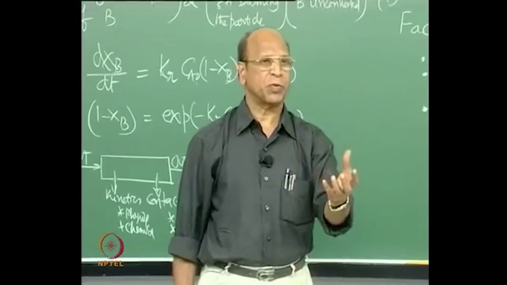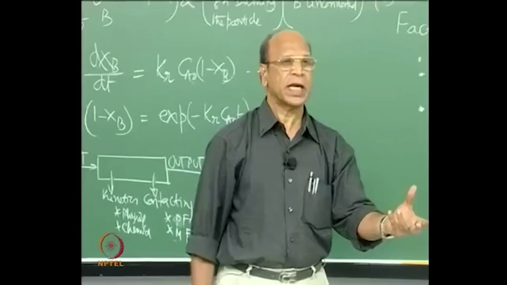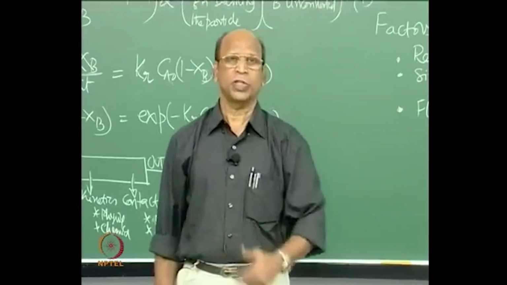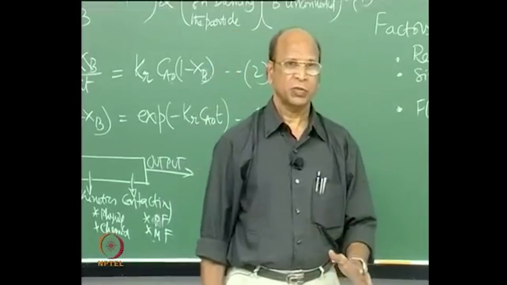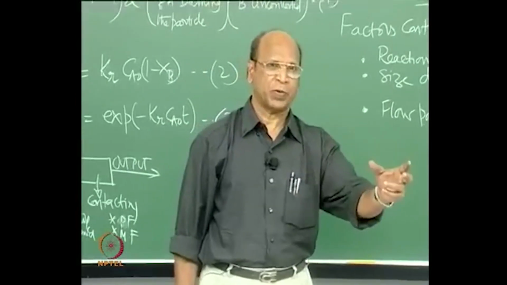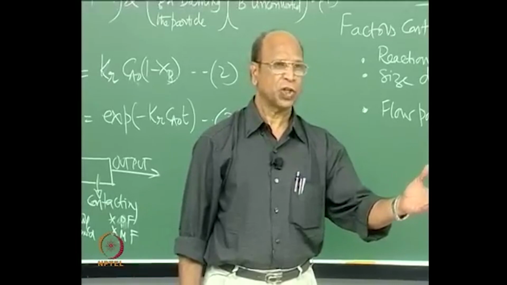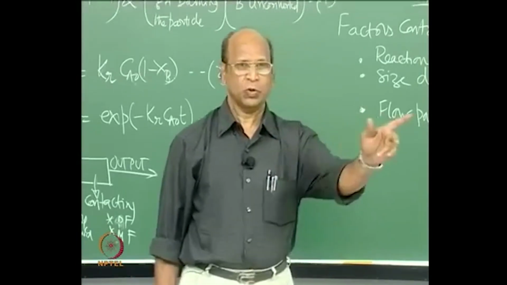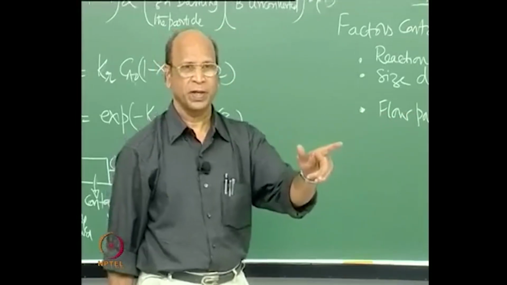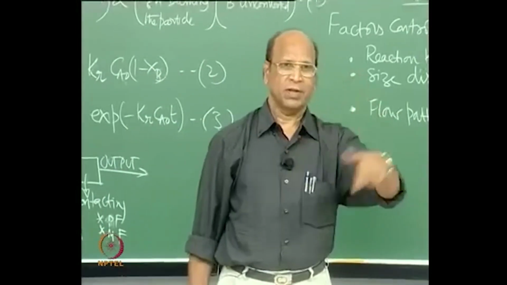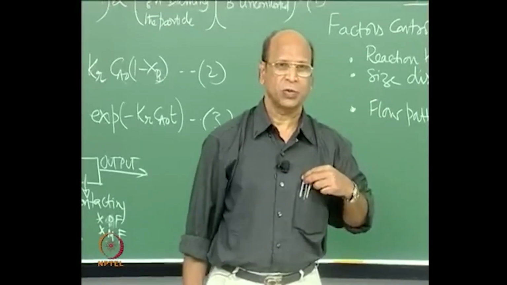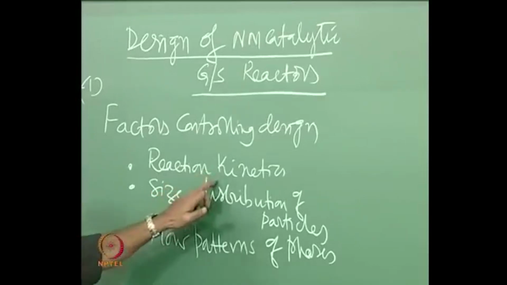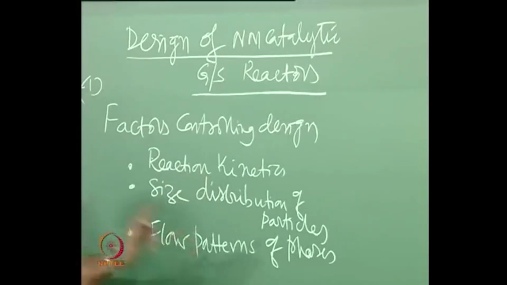Once you know that information, then you can get the details, such as which kinetic model is the best, either shrinking core or homogeneous, or in between. You can get those details from literature. I am not asking you to remember all that, but in this course you have to remember those equations till the exams are over. I am not allowing you to copy, or to bring notes and all that. So, you have to remember that. So, that is why for kinetics you have some information, and flow patterns